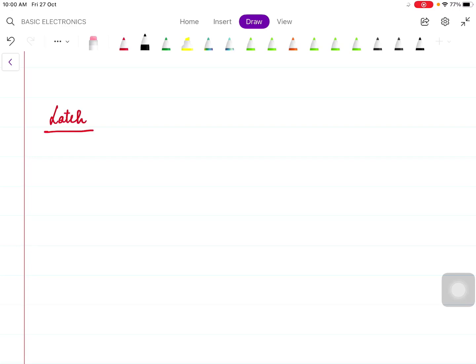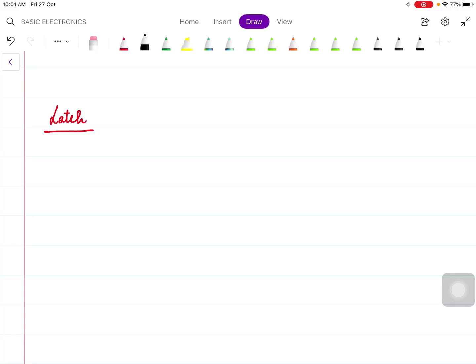In the previous lecture, we discussed that in the case of sequential circuits, we need a memory element in order to store the past value, because in sequential circuits the present output depends upon the present input and the past output. So in order to store that past output value, we need some memory element, and those memory elements can be flip-flops, counters or registers.